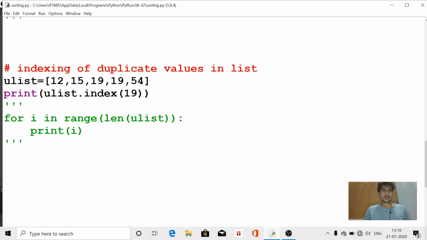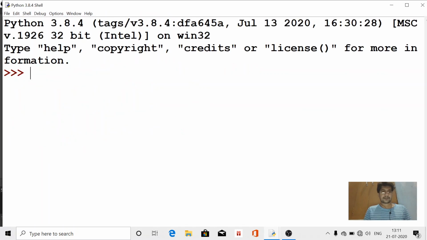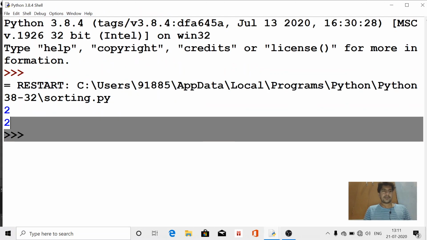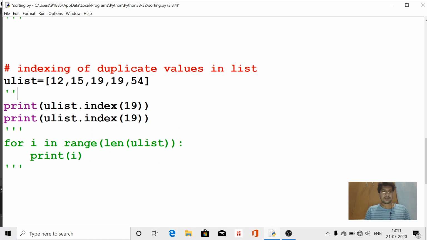If this is 2, then what will be the index of this other 19? If we again print the index of 19, again it will return 2, but here there are two values at different indexes. Now if we are going to print the duplicate index,